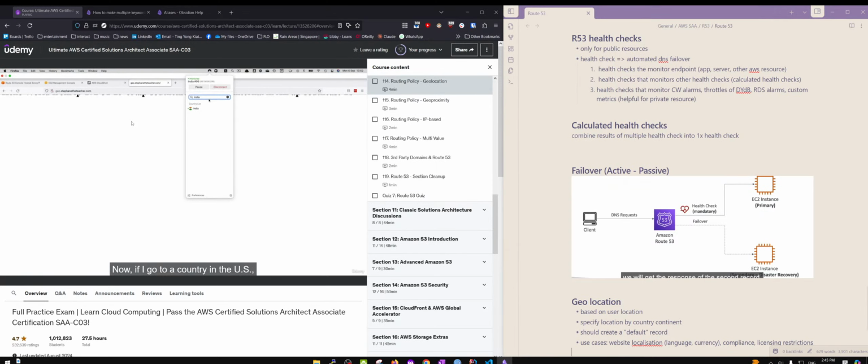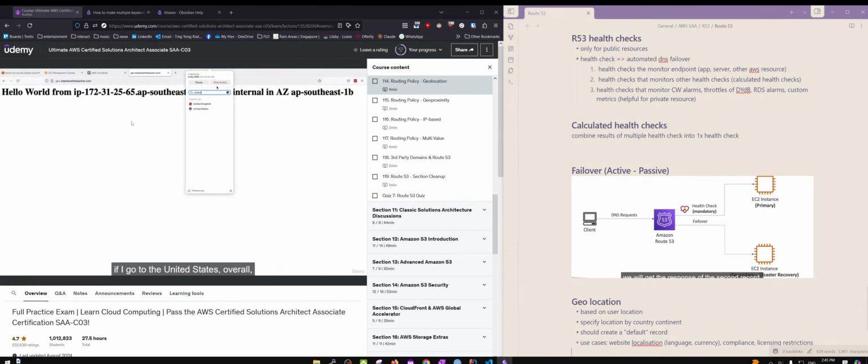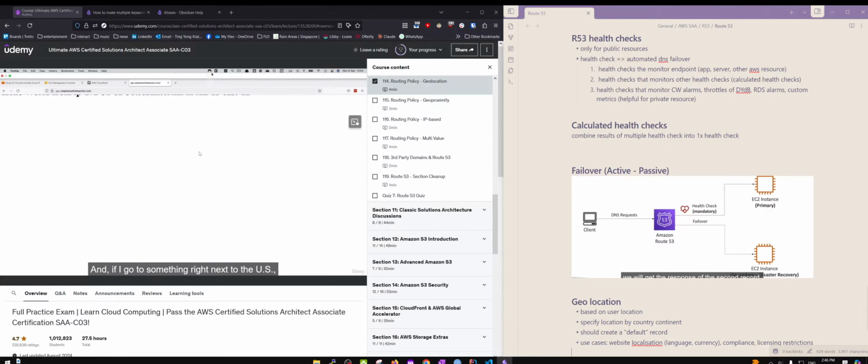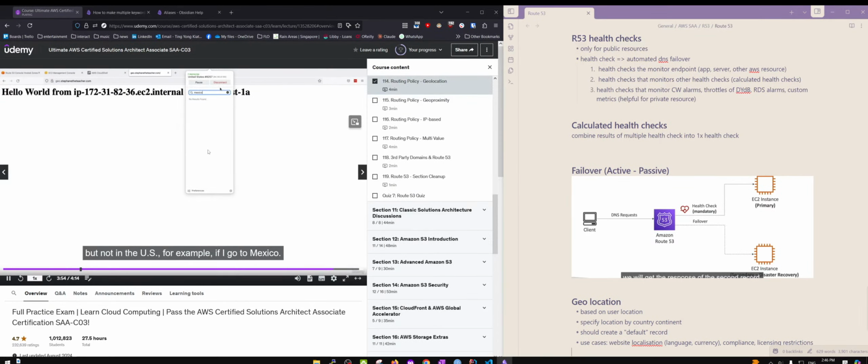Now if I go to a country in the US, so if I go to the United States overall, and I'm in the US and refresh, I'm going to get hello world from US East 1A. So this is perfect. And if I go to something right next to the US, but not in the US. For example, if I go to Mexico